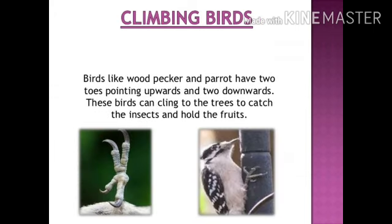Last one is climbing birds. What are climbing birds? Birds which can climb on trees with the help of their toes are known as climbing birds. They have 2 toes in front and 2 at the back. When you step on a ladder, what do you do? You have 2 feet, so you put your first foot and then another. Likewise, birds have 2 toes in front and 2 at the back. So they can easily climb on